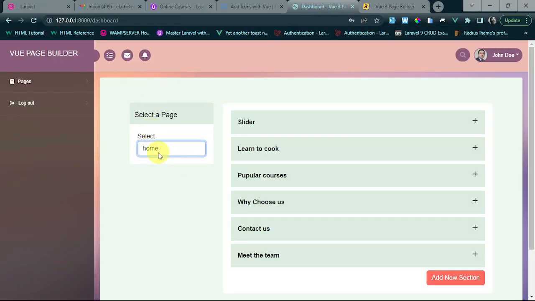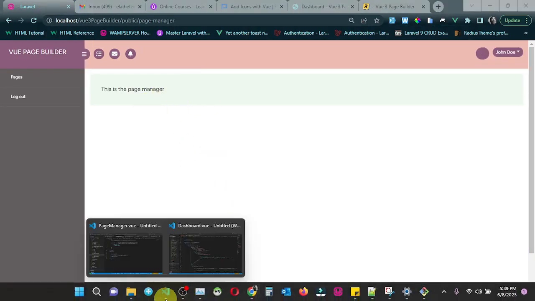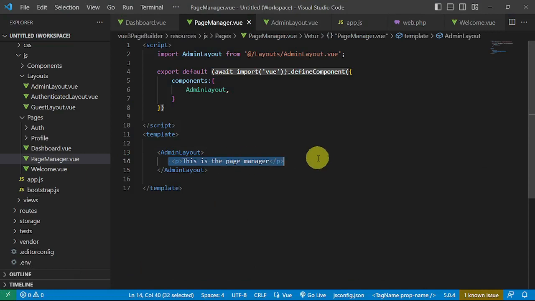All right, now let's go ahead and start building the page selector. So we want to go to the page manager components and we'll replace this default content here. The first thing we want to do is to add a container, and let's give it